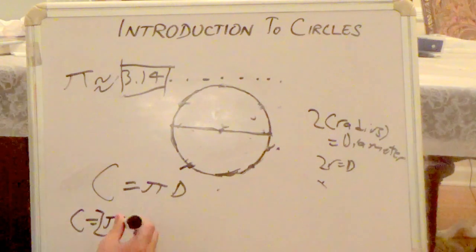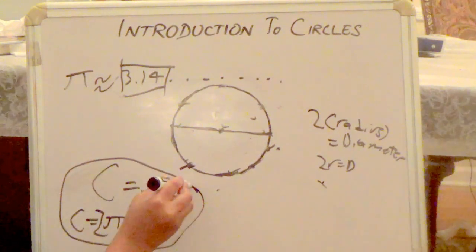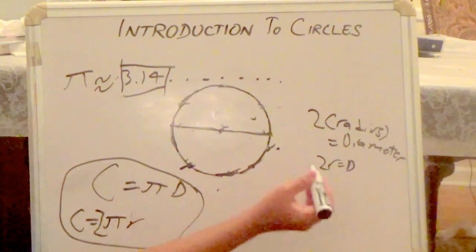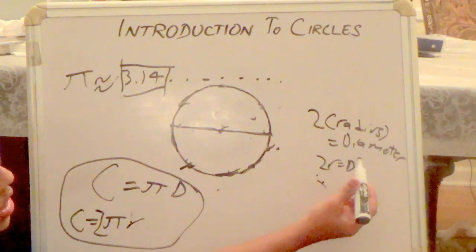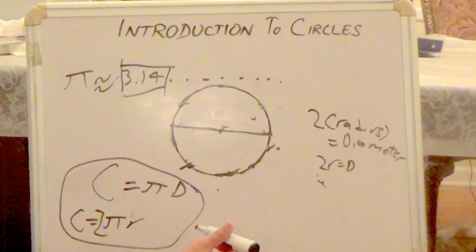Remember these formulas. I'll keep them up here, nice and boxed up, and you should copy these down. Also, you should just remember that diameter is twice the radius. I hope you shouldn't have to copy that down, but okay. So now,